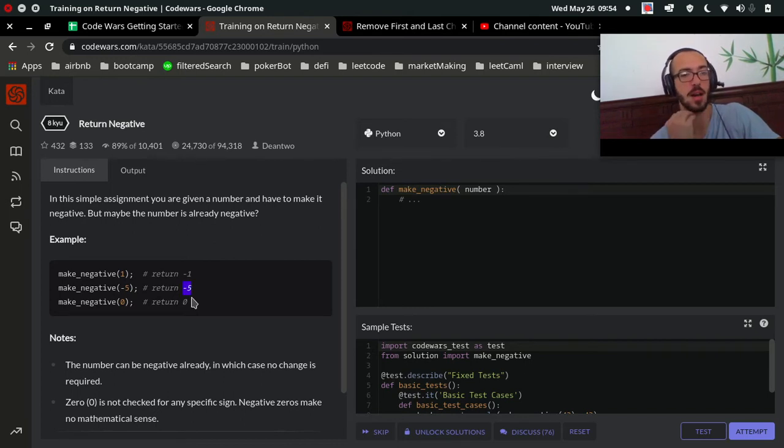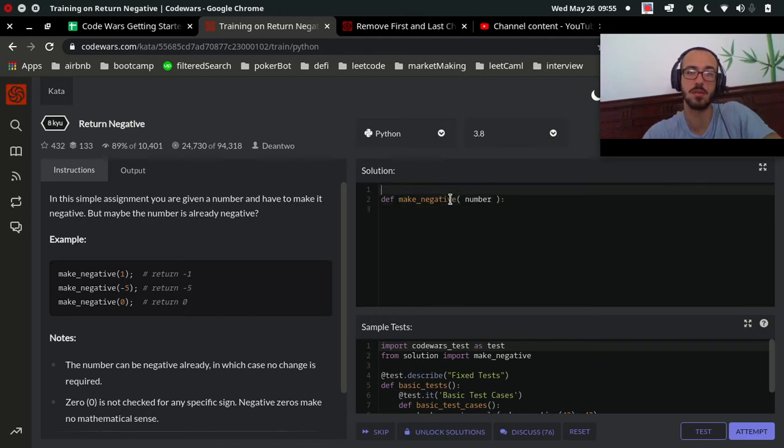So we have to think about how we only multiply by -1 if it's positive. If we remember from a previous example, we had a little test to see if a value was even or odd. So we can process the even and odd numbers differently. So what can we do? We'll say if, let's say,